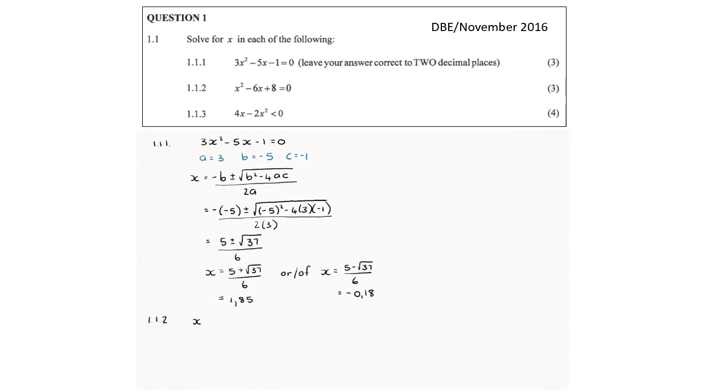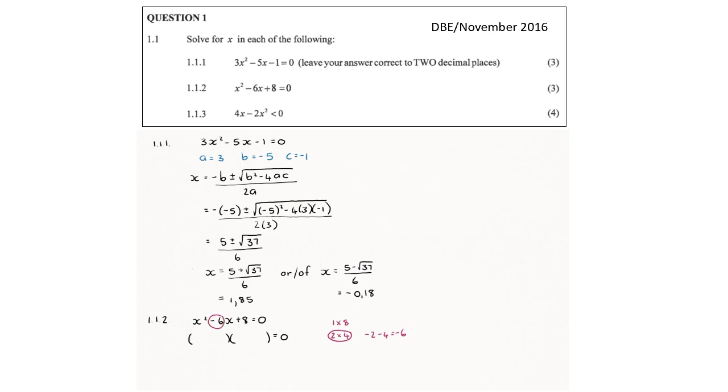Here we have the quadratic equation, x squared minus 6x plus 8 equals 0. And now we are first going to try and factorize the left-hand side of the equation. So let's look at positive 8. The factors of positive 8, the constant in the equation, are 1 times 8 or 2 times 4. The factors that we are going to use are 2 and 4, and the reason is if we take negative 2 and we subtract 4, it gives us negative 6, the coefficient of x in the equation.